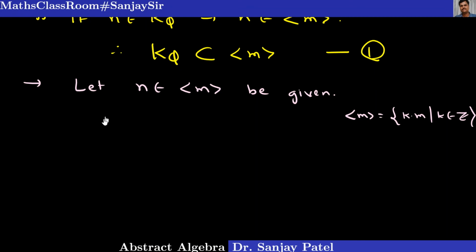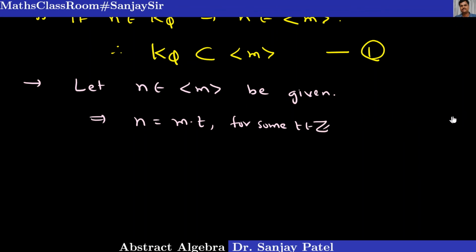So this implies I can write n is equal to m into some integer t, for some t belongs to Z. So n is equal to m into t. Now, if I find the value of this function phi of n, we'll get